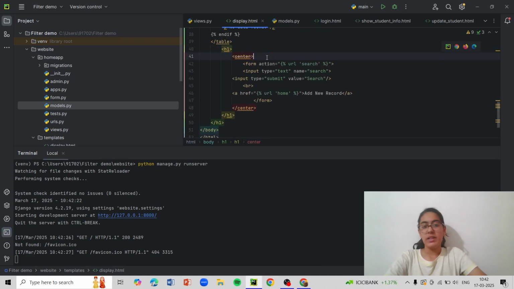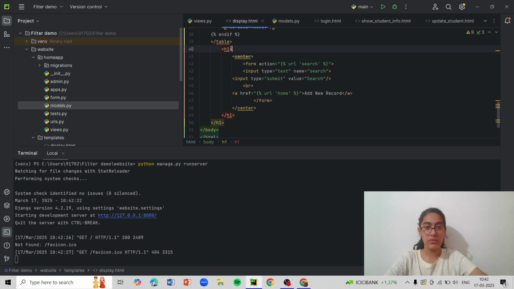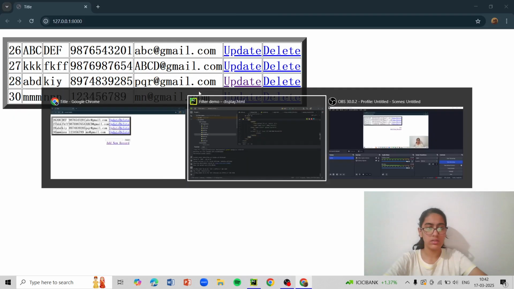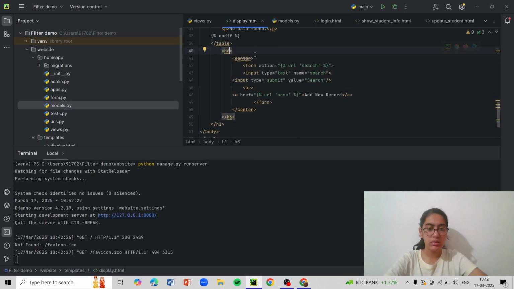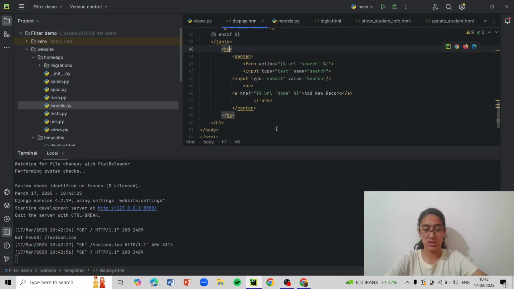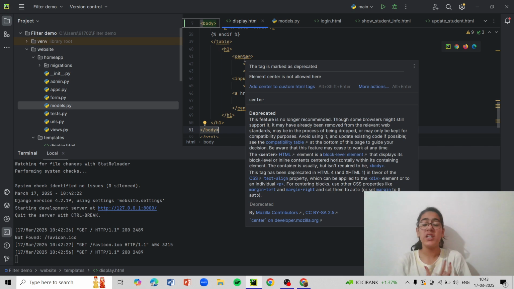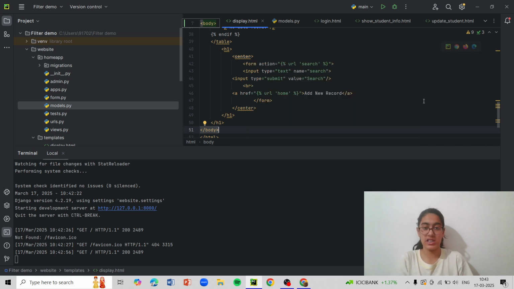So h1 means heading 1. It will create a bigger statement. So if I put in h1, I'll have this big add new record, whereas if I put in let's say h6, so I'll have a smaller add new record. Refresh it. As you can see, the add new record has become super small, but I don't want it super small. I want it big and viewed by the customers, by the teachers who are entering the students' information inside.